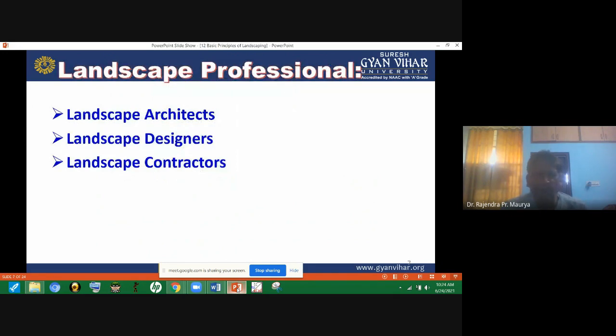Landscape professionals. In the landscape industry, there are three kinds of professionals. Landscape architects prepare the design on paper.